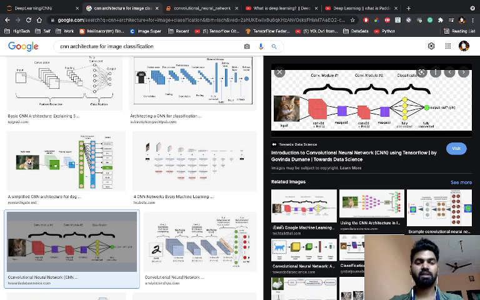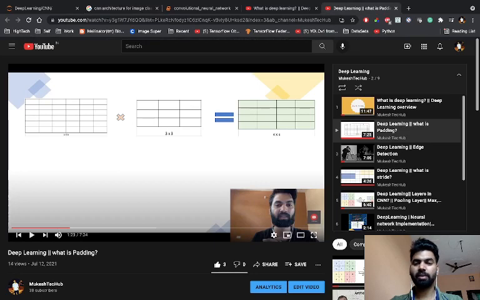Let me go through the entire practical implementation of the CNN and how we can implement it. Before that, look at this architecture. Initially this is an image, so the first part is the input. After that, we have convolutions. The first layer is the convolution layer, which has multiple operations. I would recommend going to my deep learning series, where you will find what padding, stride, filter, and pooling are, and the types of pooling, whether max pooling or average pooling.